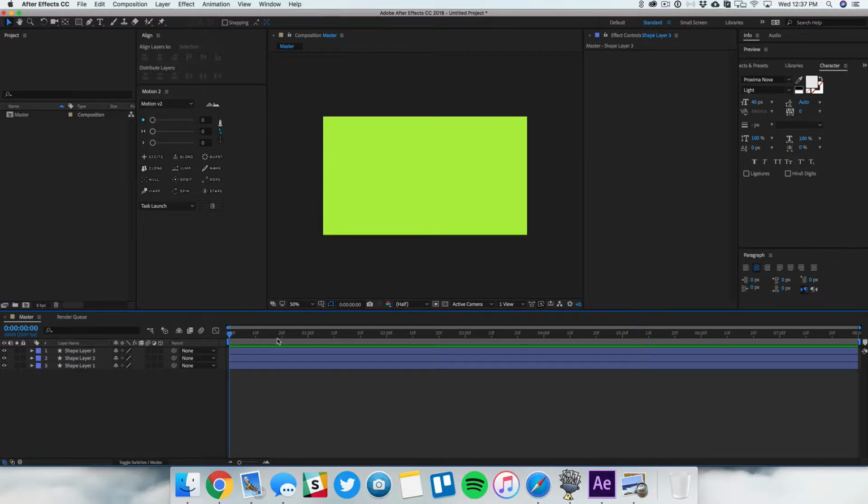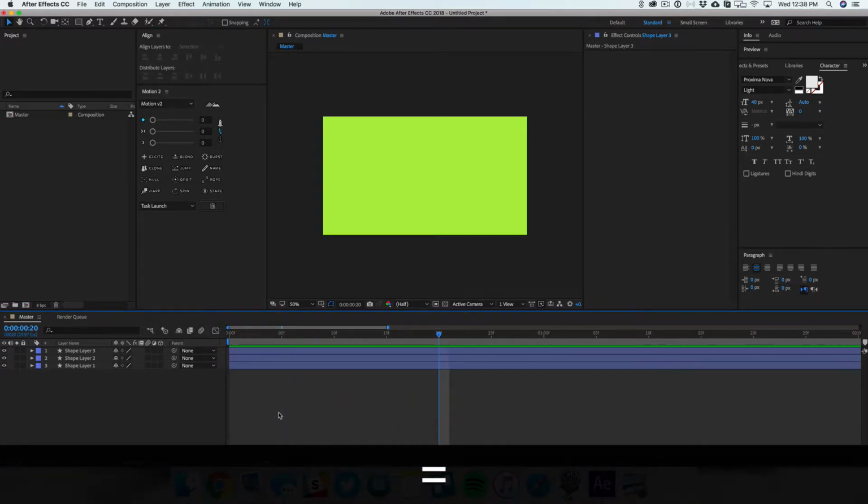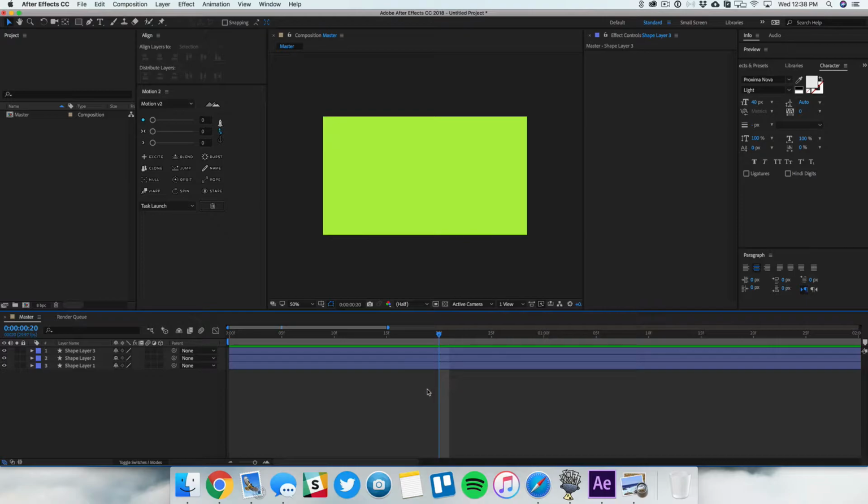So we're gonna go to about 20 frames into our timeline. We're actually just gonna zoom in by hitting the plus icon on our keyboard. That's just gonna give us a little bit more room to work with. What we're gonna do is select the shape layer and select P on our keyboard. And that's gonna bring up our position properties, and we're gonna select this stopwatch on the left, and that's gonna